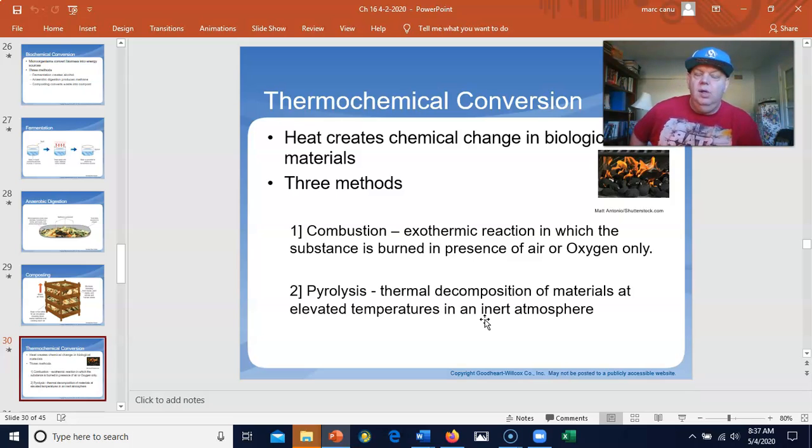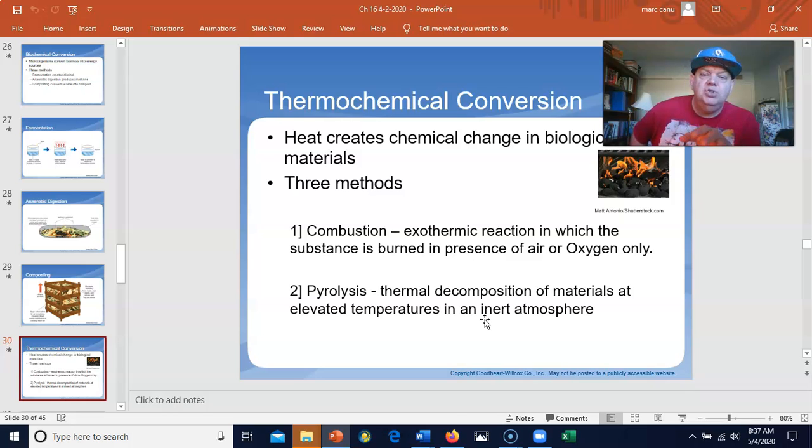Thermochemical conversion. Well, when you're thinking thermo, you should be thinking heat automatically. So heat creates chemical change in biological materials. Okay. So that's what's happening. You've got chemical change, but of course you need heat in there too. Now there's three ways to do this. There's combustion and